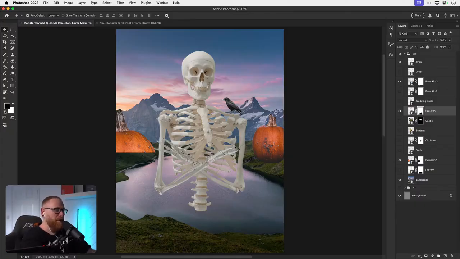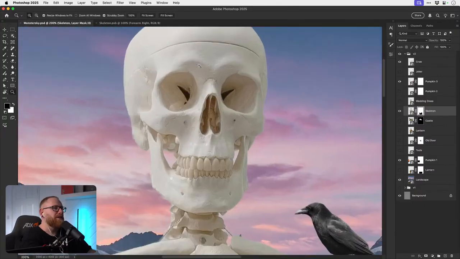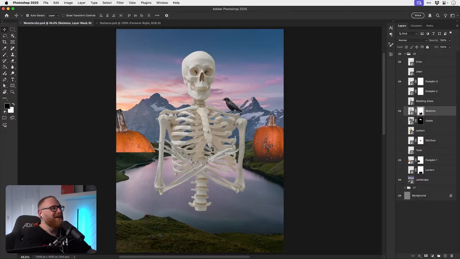Have it holding a pumpkin. Face looks like it's laughing. We could remove some teeth. Get rid of all the teeth. God, we really could do... Yeah, it's quite a lot we can do, actually.